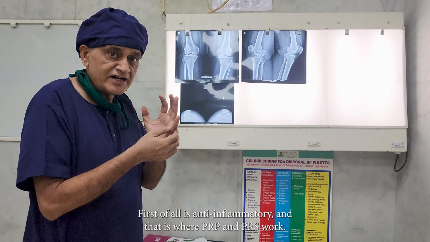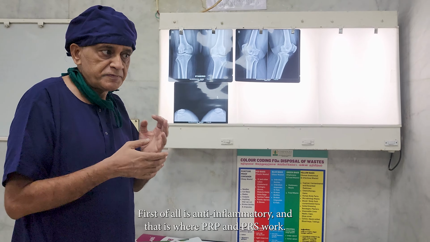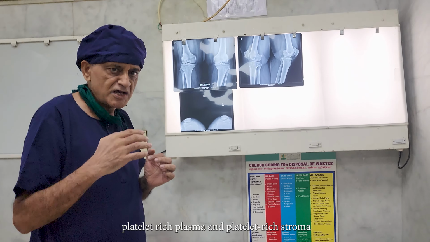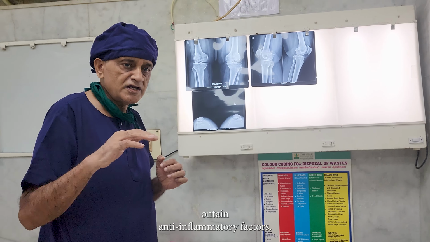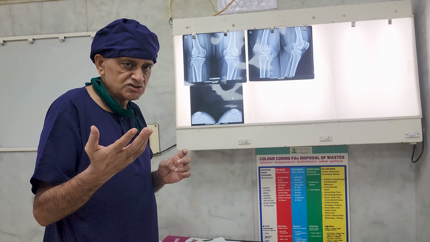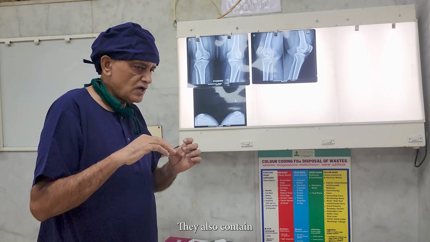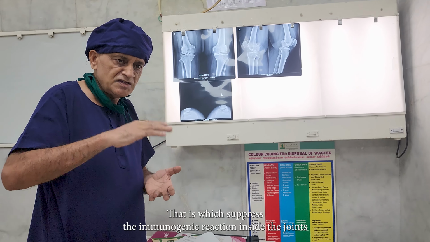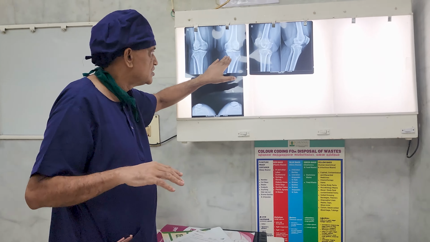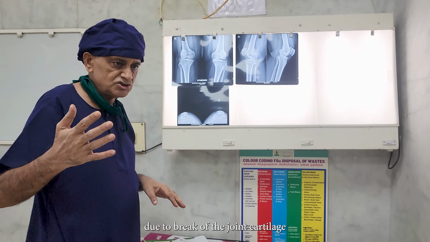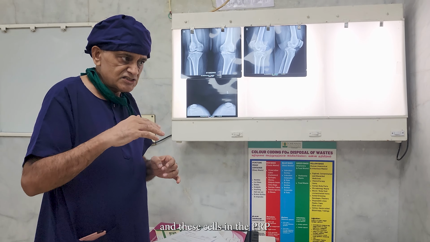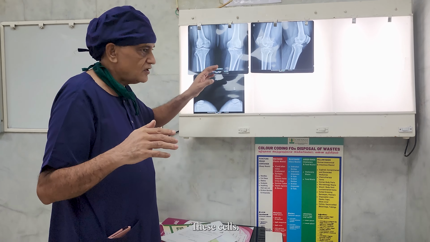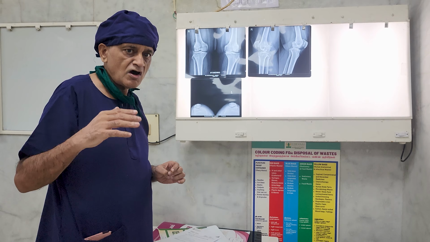First goal is anti-inflammatory, and that is where PRP and PRS work. PRP and PRS, platelet-rich plasma and platelet-rich stroma, contain anti-inflammatory factors. They also contain factors which suppress the immunogenic reaction inside the joints due to breakdown of the joint cartilage. And the cells in the PRP and PRS, mainly from PRS, these cells are called MSCs or medicinal